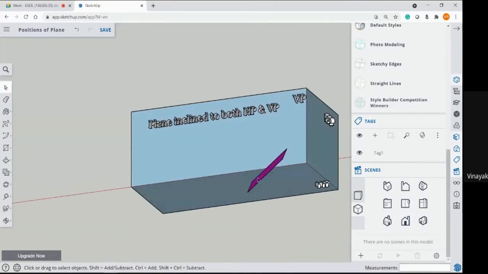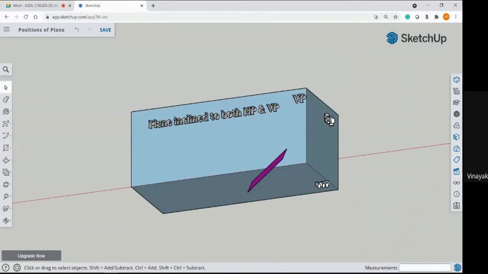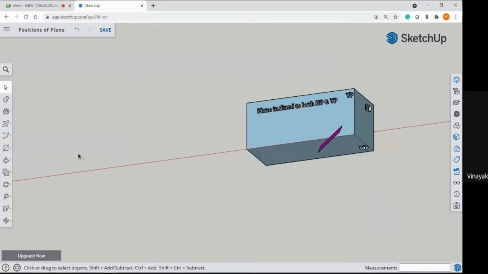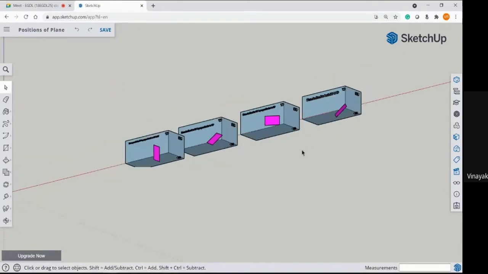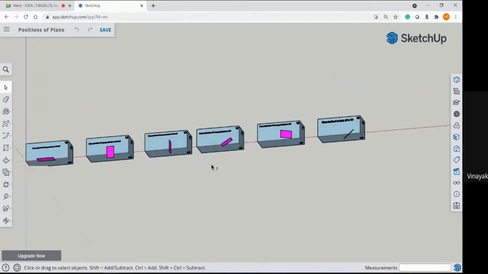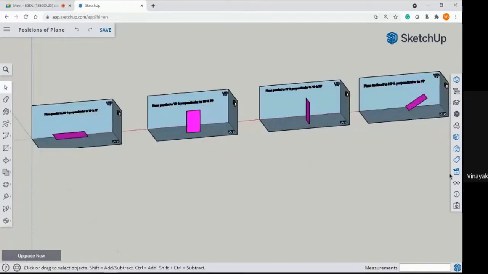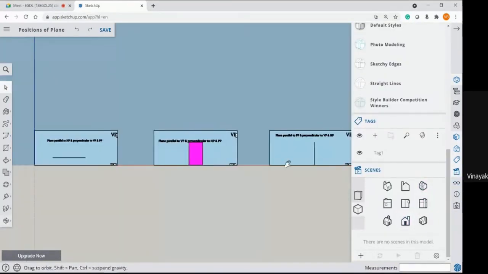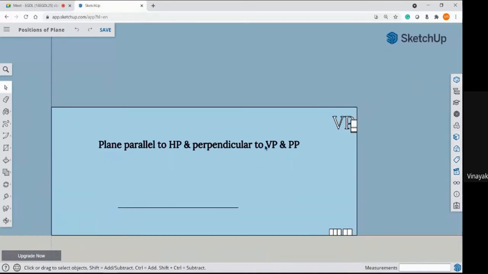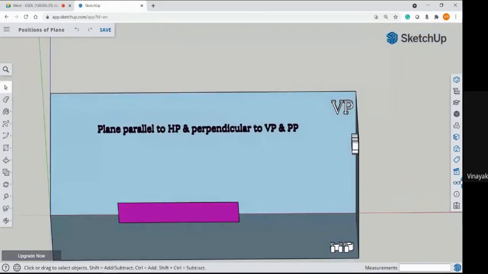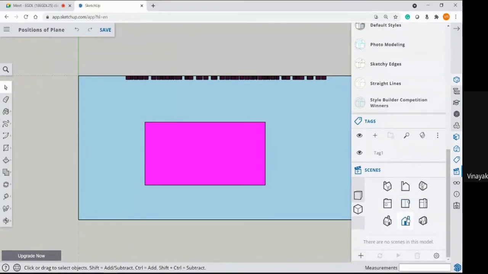All the positions, everyone got it? These are all the 6 positions. What are those? Plane parallel to the horizontal plane and perpendicular to both the vertical plane and profile plane. In this position, your front view is a straight line, top view is true shape.